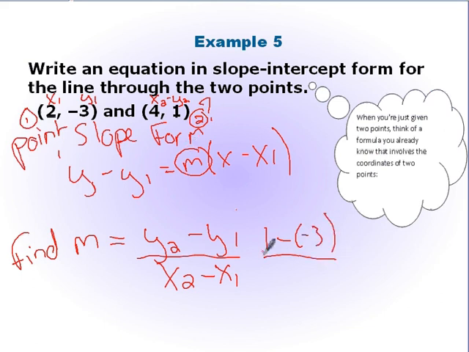Okay, anyway, y2, that's 1 minus y1, so minus negative 3 over x2, 4, minus x1, 2. So 1 minus negative 3 is the same as 1 plus 3, and 1 plus 3 is 4. 4 minus 2 is 2, and 4 divided by 2 is 2. So 2